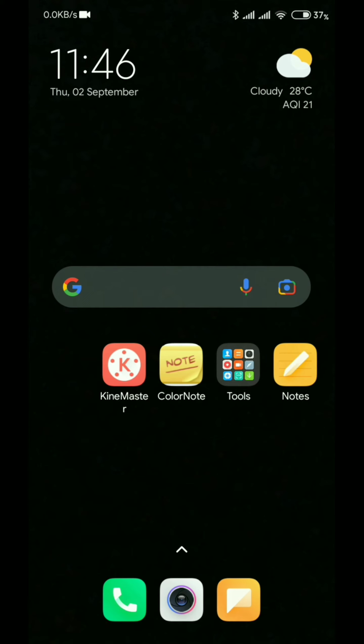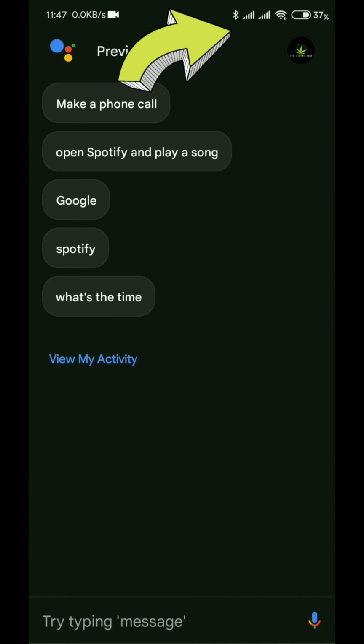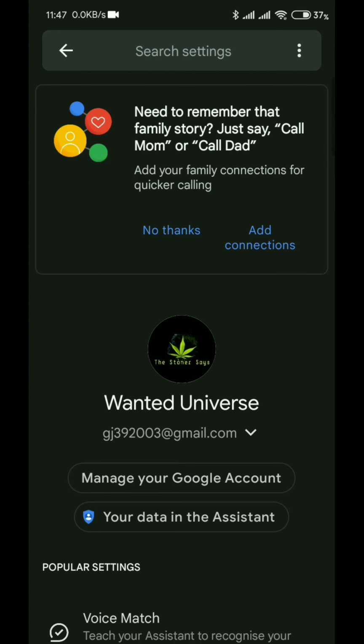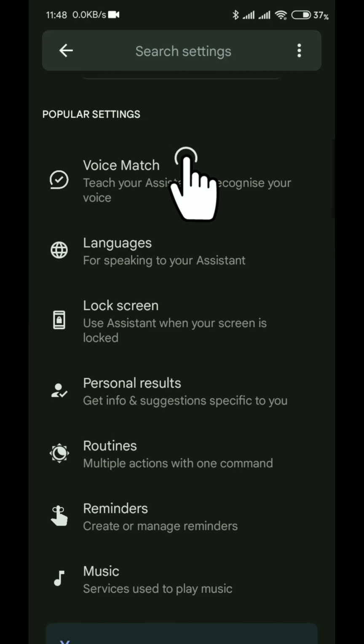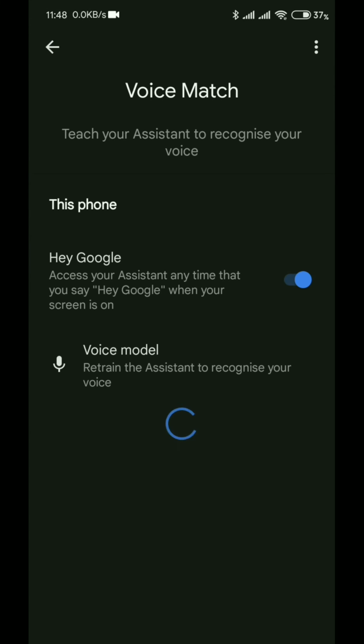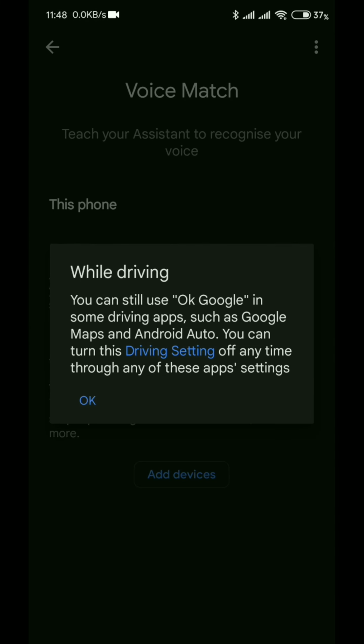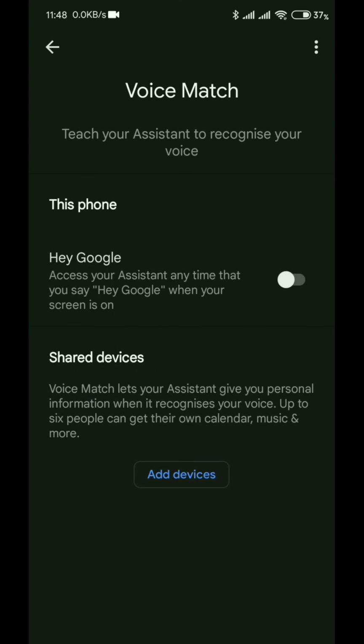Now you might want to restart your device. But before that, let's do something. I'm just trying to make this video as short as possible for you. Now try and say "OK Google" or "Hey Google" and tap on your profile icon, Google account icon, and scroll down till you see the Voice Match option. You click on that and disable this "Hey Google" feature, this Google Assistant feature, for just now,